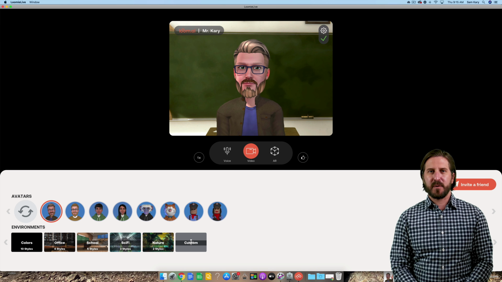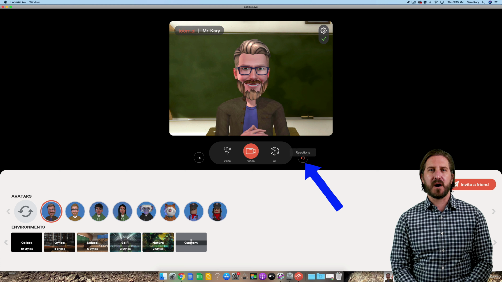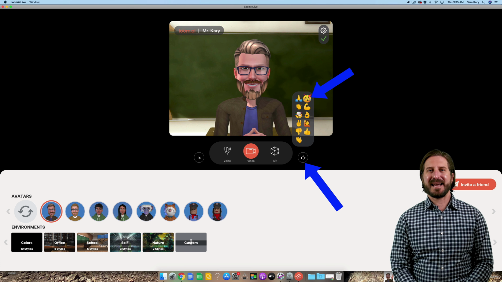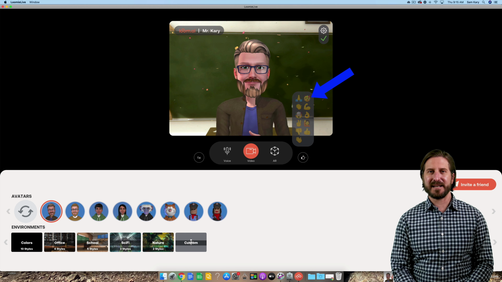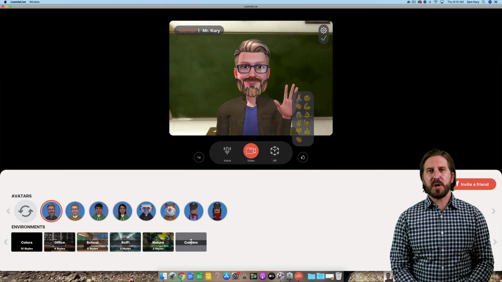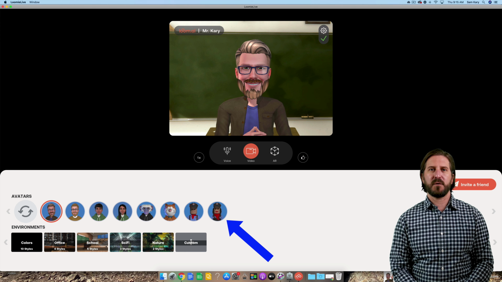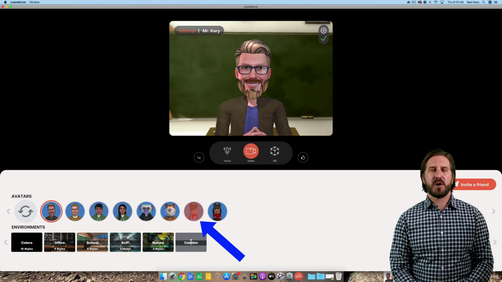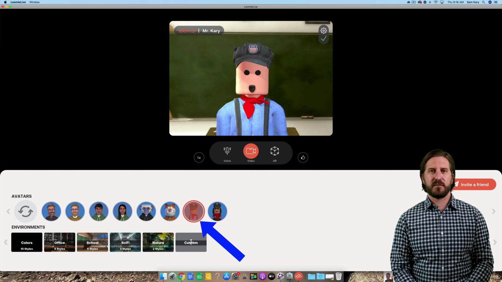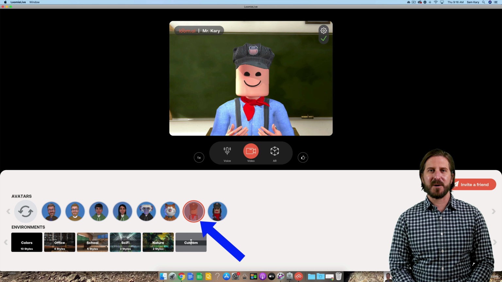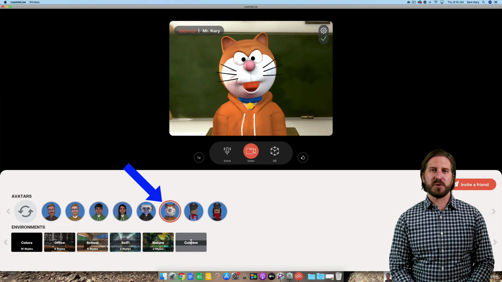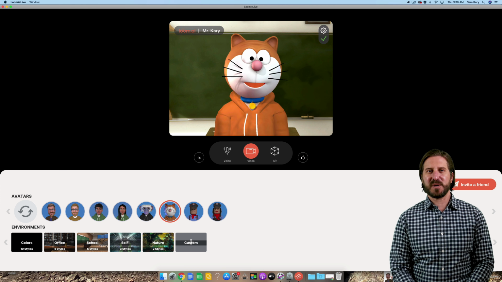Now you'll see back on the camera view that there's also an icon for nonverbal gestures. So you can do things like have a celebration with confetti falling or wave at the camera. Below, you'll also see that you have some different choices for your virtual avatar. So over here on the right, you'll see that there are some cartoon characters. And if you pick one of those, that avatar will also track your motion and your voice just like the other one. So this one here is a Lego train conductor avatar, and then this other one is a cartoon cat avatar. So these could be some fun choices to bring in some joy factor if you teach younger students.